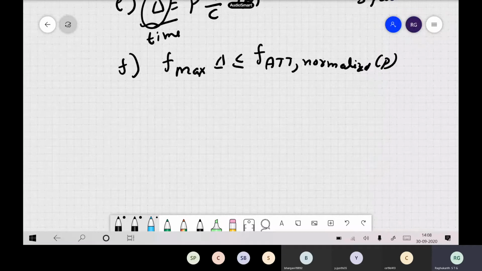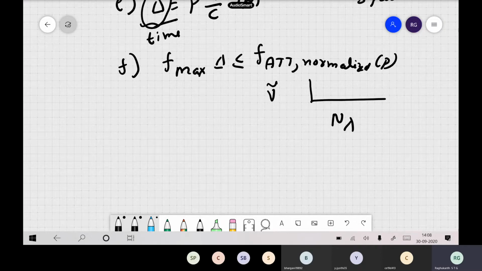I have asked you to plot all the graphs whatever is given in that Moxo textbook. He has plotted several graphs, figures 7.1, 7.2, 7.3, if you see. He has given with the n lambda how the group velocity and phase velocity are going to vary, with n lambda, n of t, all kinds of things he has plotted in the textbook. So for you to understand in a better fashion, I suggest all of you plot all the graphs whatever is given in the textbook itself.